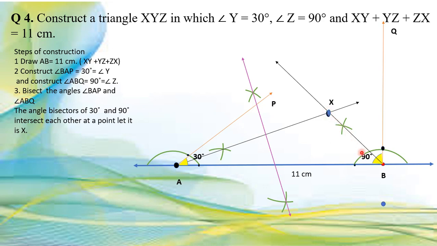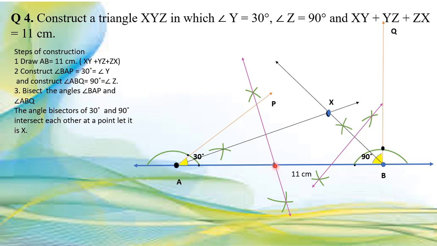Similarly for BX, with points B and X as centers, open the compass more than half of line segment BX and cut two arcs on the upper side and the downside of line segment BX. So we get two intersection points. Now join these two intersection points, and we get the perpendicular bisector of line segment BX. Now observe that these two perpendicular lines, in pink, intersect the line AB at two different points.